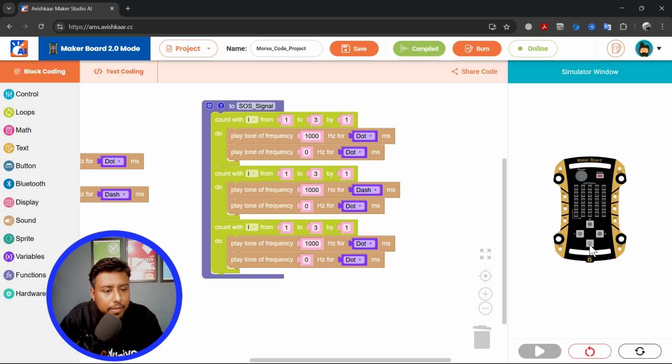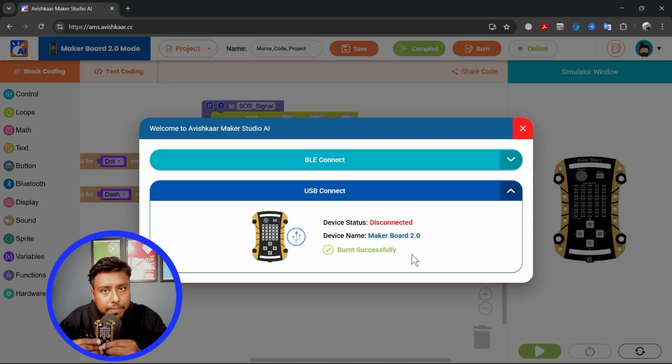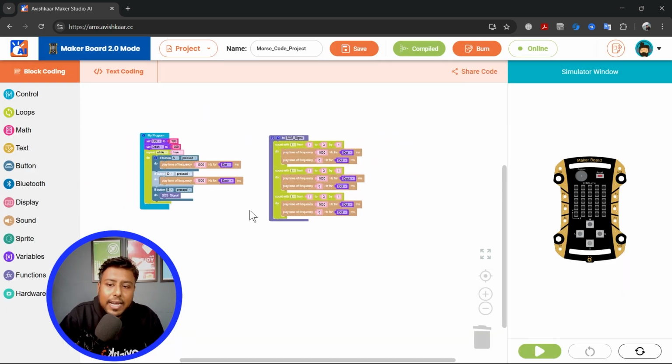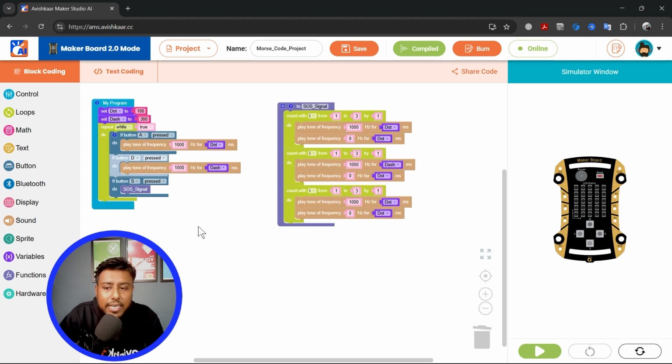Save, and you can see on the simulator it is not good, but now let's test it on our maker board. You can hear the discrete sounds of dots and dashes. So this is how we'll create a character, and this is how we'll send out a signal using a single